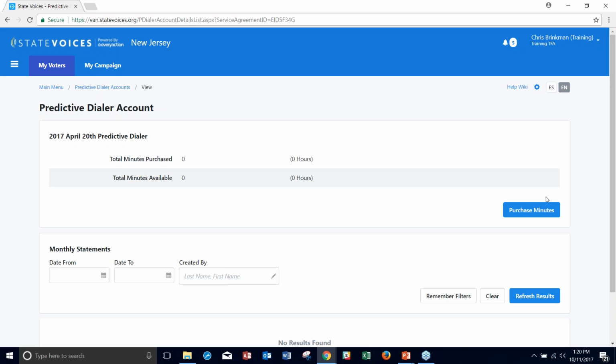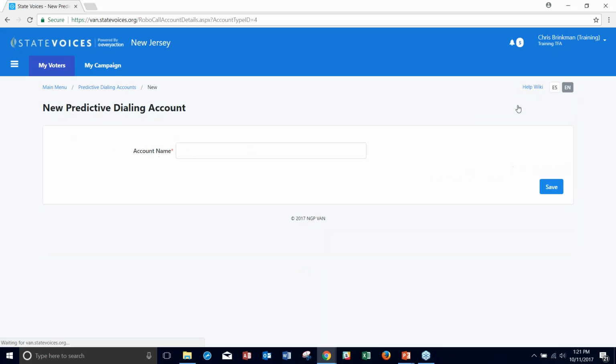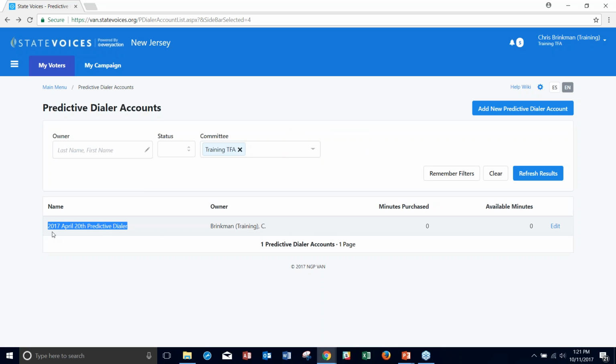Setting up an account is pretty easy. Just go back out to this page here. You can create a new predictive dial account here. Oh, and it's moving slowly. That's not good. Just give it a name. Once you create the name, it will literally pop up here. Then you can go into the account itself that you just created,